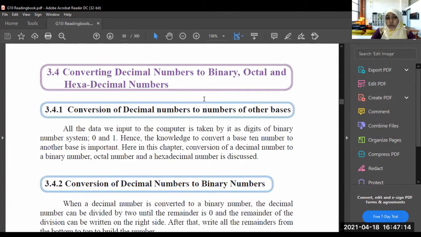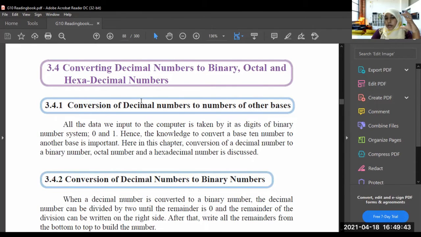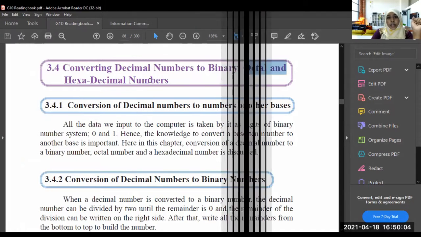Today we are going to learn how to convert the number systems into other systems, right? For example, converting decimal numbers to binary, octal and hexadecimal numbers. Decimal numbers are the base 10 numbers, the normal numbers which we use in our day-to-day life. From childhood we are learning the decimal number system. So it is base 10. Now in this chapter we are going to convert the decimal numbers to binary, octal and hexadecimal numbers.